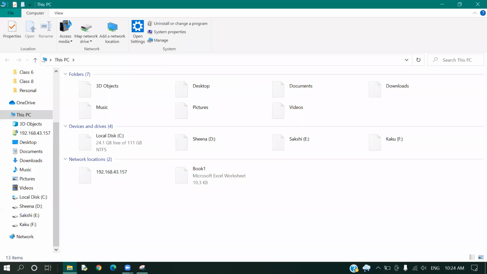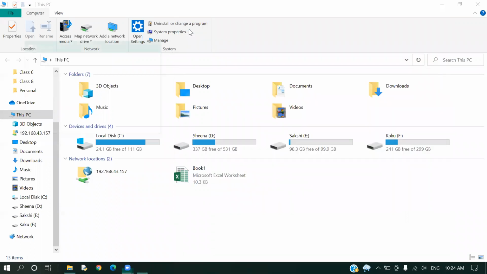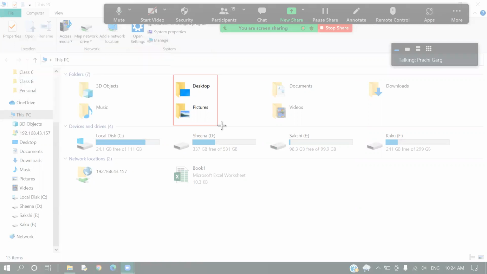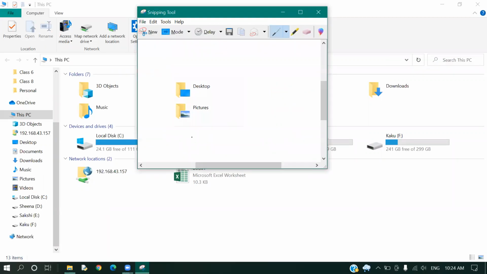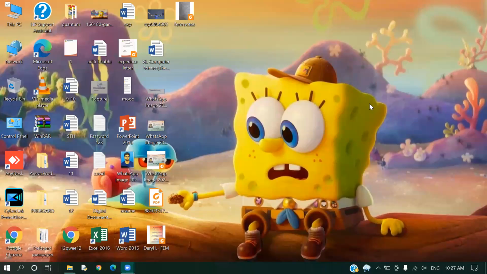Fine. So just click on the New button once again, and then wait till the screen becomes white, and then select the area, whatever area you feel like. For example, this much. So just have a look. Okay, this is how we can take a screenshot in your computer system using a snipping tool. Yeah. So the next step which we are going to learn today is to create a Gmail account.